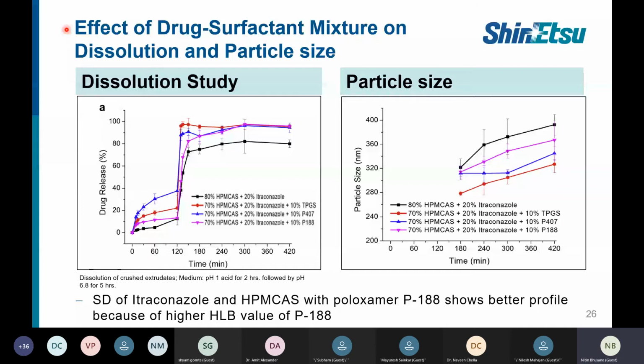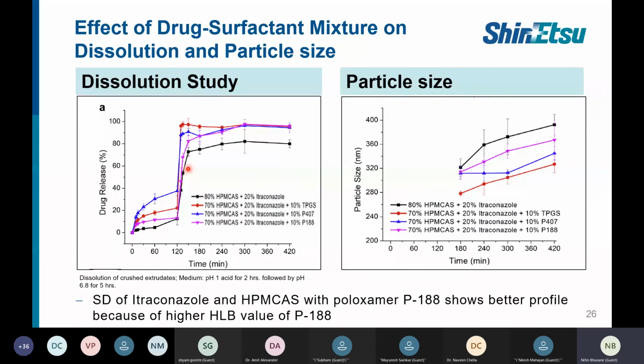As you can see, if they consider plain polymer HPMCAS 80% and 20% itraconazole, you get less drug release in pH 1, basically acid, for 1 hour, then for 5 hours in pH 6.8, your solubility was improved. Although it maintained the supersaturation, your drug release percentage was still